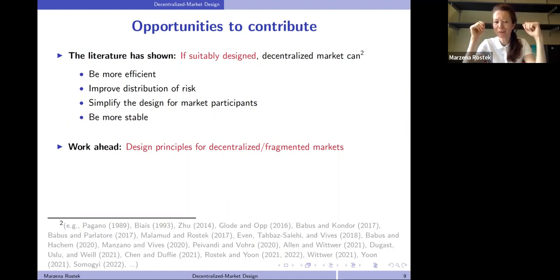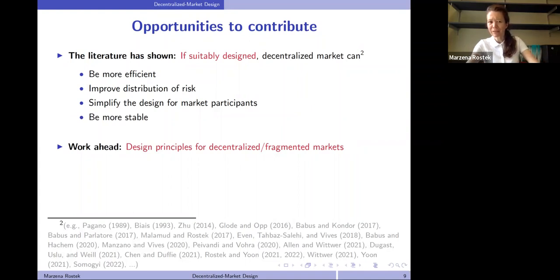We have a beautiful theory of design of centralized markets, auction design, which has been influential in theory and in practice. Developing the corresponding design principles for decentralized markets is very much work in progress. And these are the questions that keep me up at night. The path is not exactly straightforward, and that's because decentralized market theory is going to challenge the methods we've used. In order to appreciate that statement, it will be helpful to review some recent results about market fragmentation. But first,